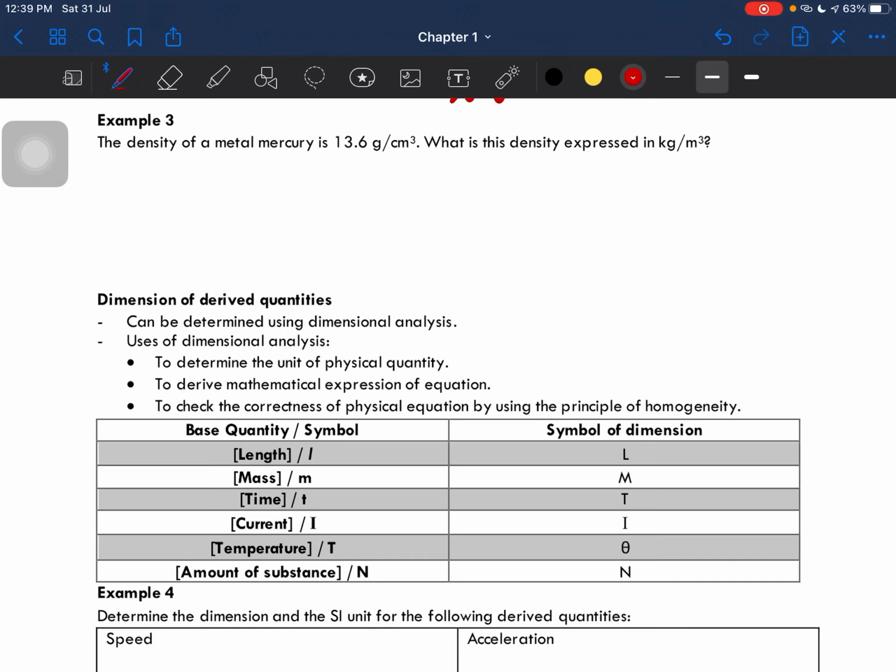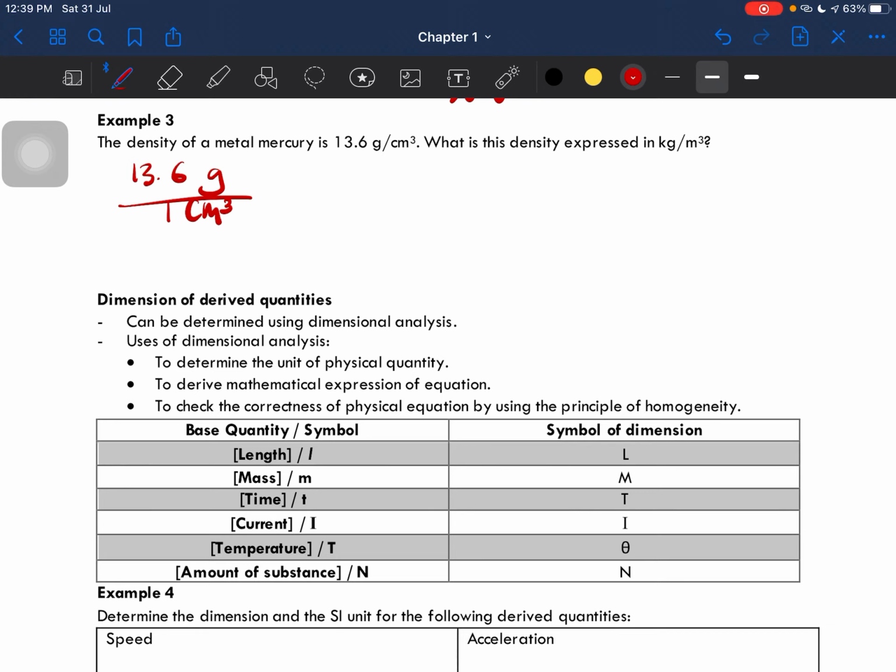Alright, so example 3 is the density of a metal, mercury, is 13.6 gram per cubic centimeter. So what is this density expressed in kilogram per cubic meter? Okay, so 13.6 gram over 1 cubic centimeter. Right? So we know that